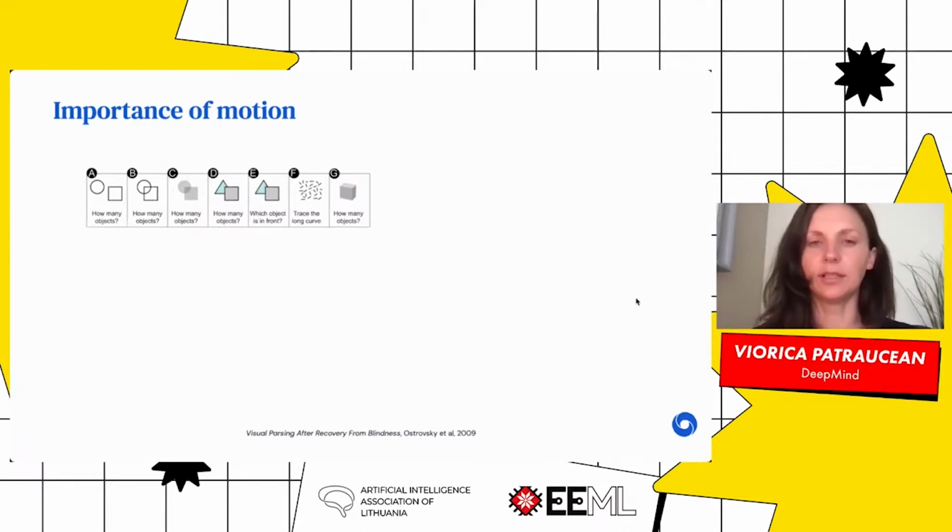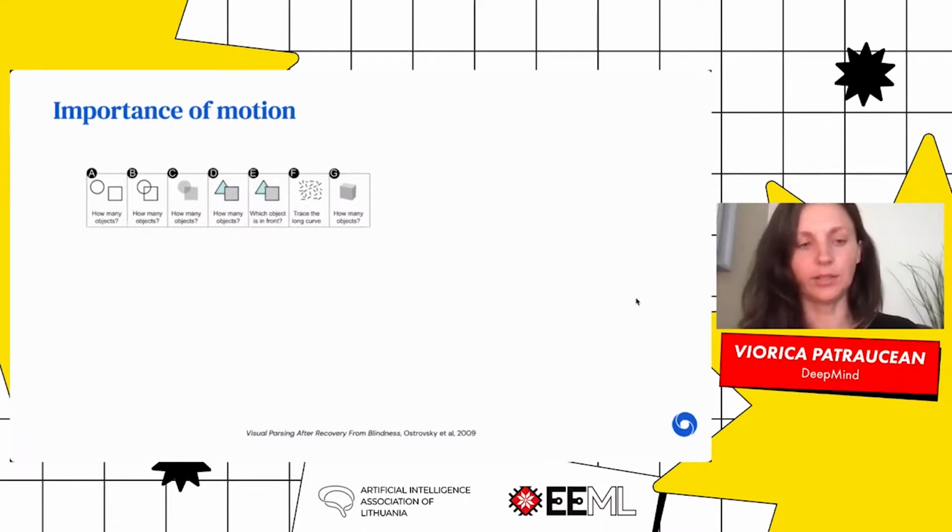So at that moment in life, they were already able to communicate, to speak, to say what they were seeing. So these were people like at 10 years old or 20 years old, and they had surgeries for correcting their vision problems, and then in the recovery time they were shown different kinds of images to test their visual abilities. So they were shown the kind of images that I'm showing here in this slide.